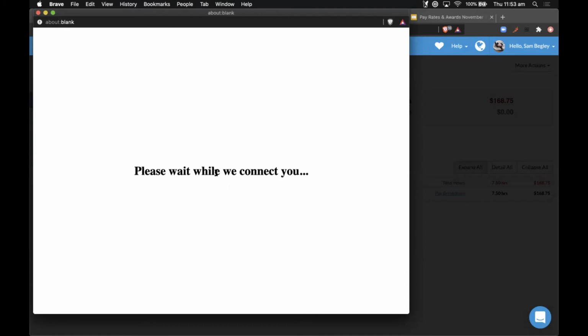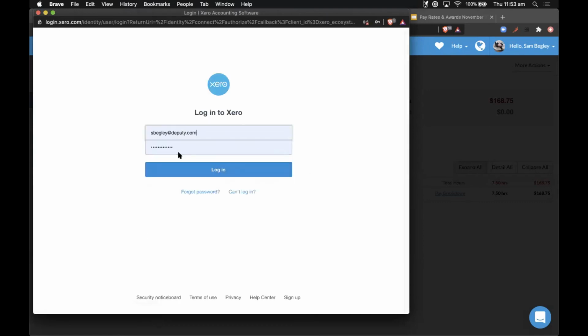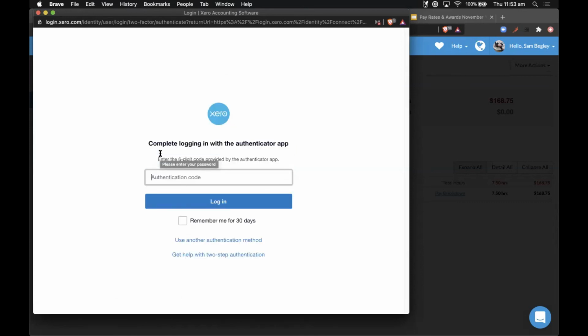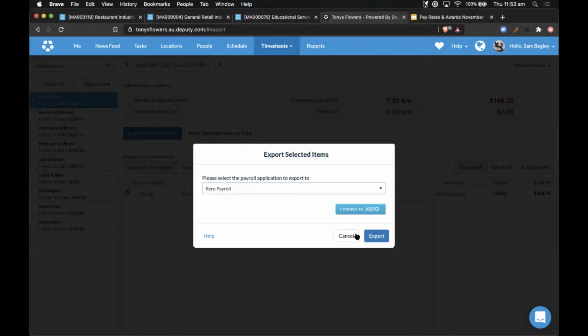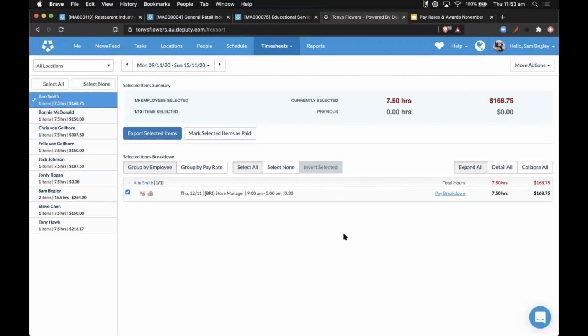Maybe we can. If it did, basically it will prompt you. It will prompt me to replace the awards that are built into Xero, and then you just hit yes. Correct. So there's a little tick box underneath it. And the important part here is if you want to overwrite the Xero rates with the Deputy rates, please make sure that you tick that box. It's just in that window, underneath the Connect Xero, there's this tick box. That box has to be ticked. And the opposite, if you specifically don't want that, if you want to use the rates in Xero and you don't want to use the rates in Deputy, please make sure it is not ticked, because otherwise it will override it.